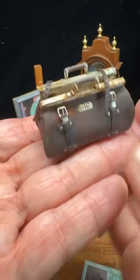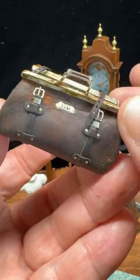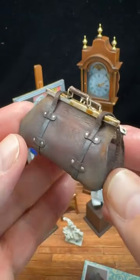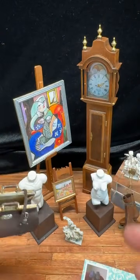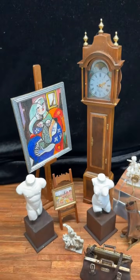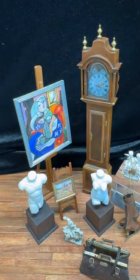So, doctor's bags. Love them. I don't know what material it is, quite honestly. It doesn't matter. It's gorgeous. It looks real as hell. It feels amazing. It's so light. It's like a potato chip. I'm going to put that down. So Minis to You. Hold on. I'm going to give you their card. Minis to You. But I'm going to put this all in the